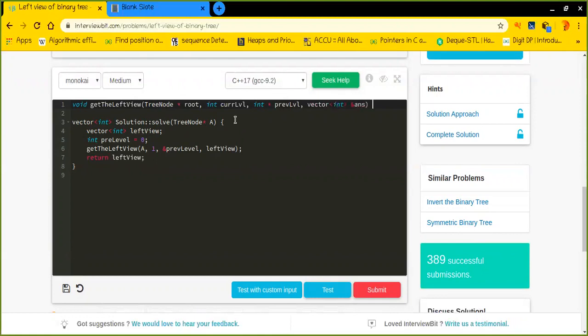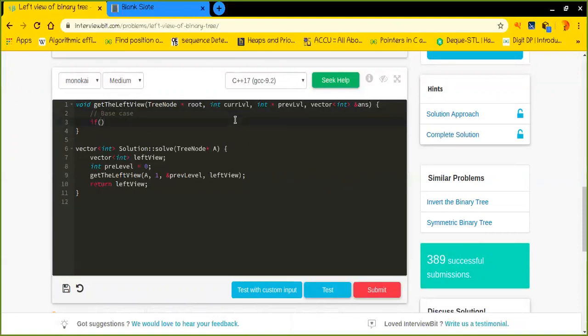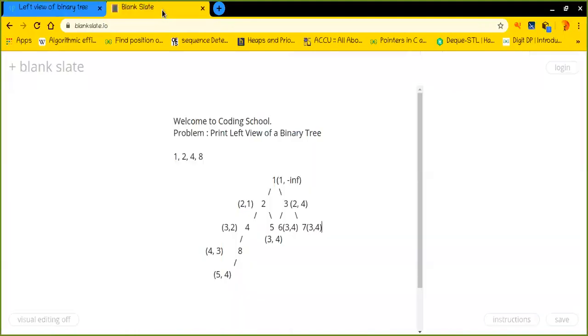That's the answer. Cool. So here, what could be the first best case? Because in recursion, we should first define the base condition, isn't it? The best case could be when we hit a node like here, which is already null.